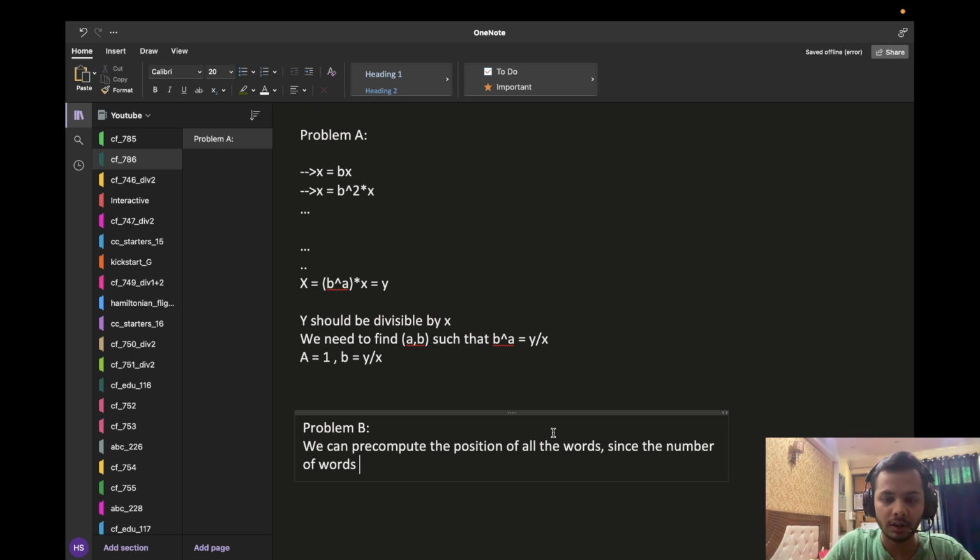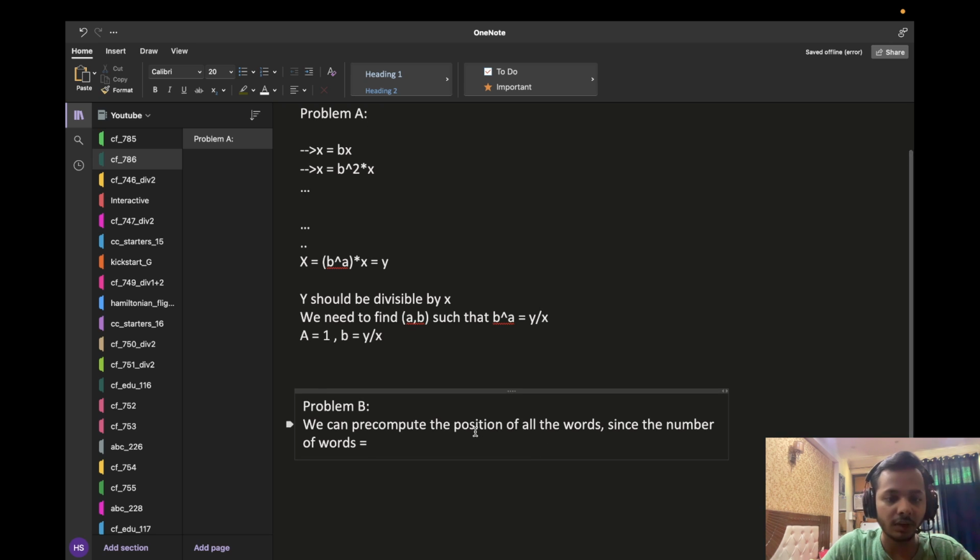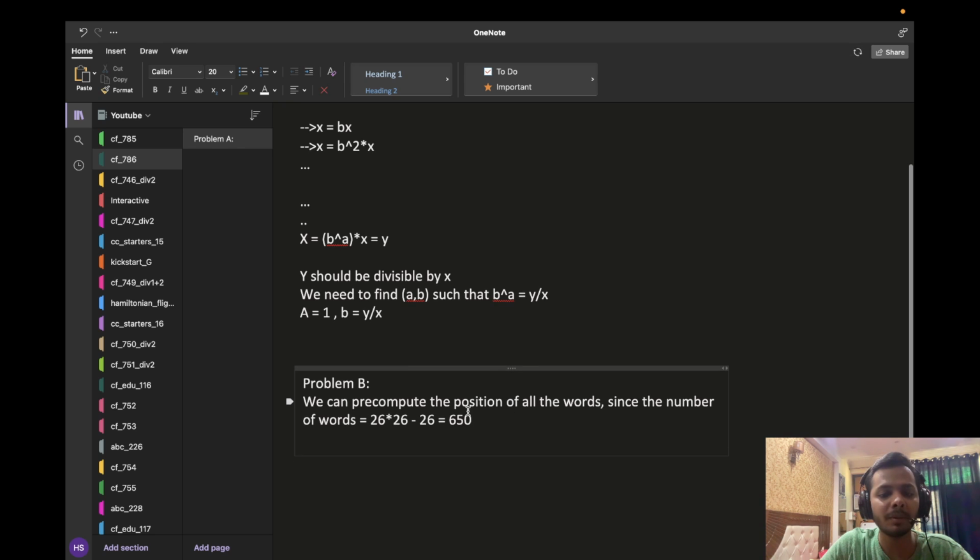is basically, for the first character we have 26 choices, and again for the second character we have 26 choices, and we have 26 words which contain the same character twice, so we will subtract 26. So the number of words is basically 26 into 25, which is equal to 650. And so this is a very small number, so what we can do is we can pre-compute the position of